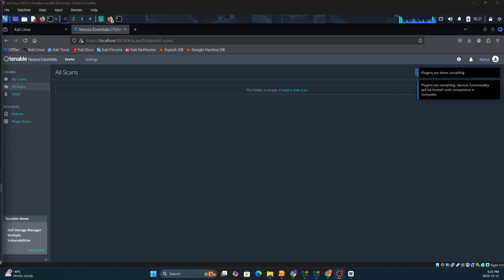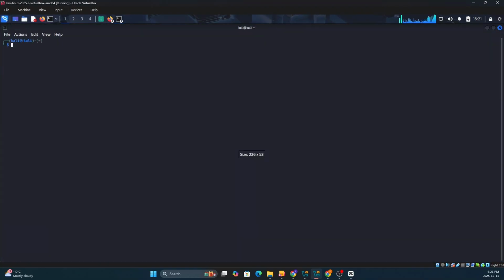So the first thing we want to do is to know what our IP address is on this machine, because we need to know the IP address to be able to scan. So you're just going to put ifconfig if you're using Linux, and if you are using